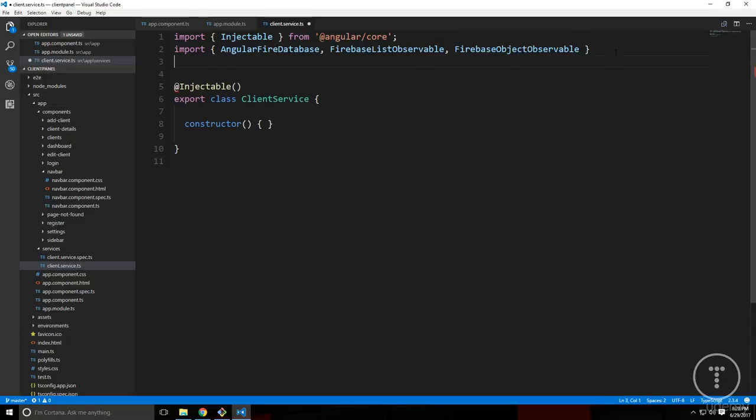Alright, and then we're also going to bring in the standard Observable, and that's going to come from reactive extensions, so RxJS. Oops, forgot the semicolon up here. And then let's go down to our service class, and we're going to create